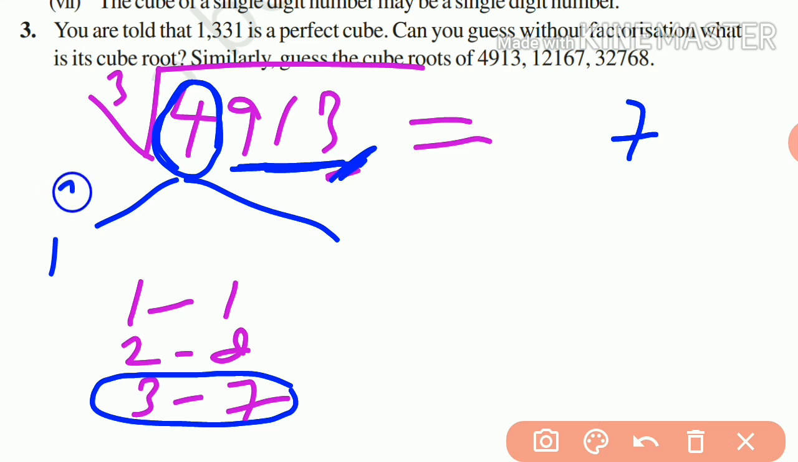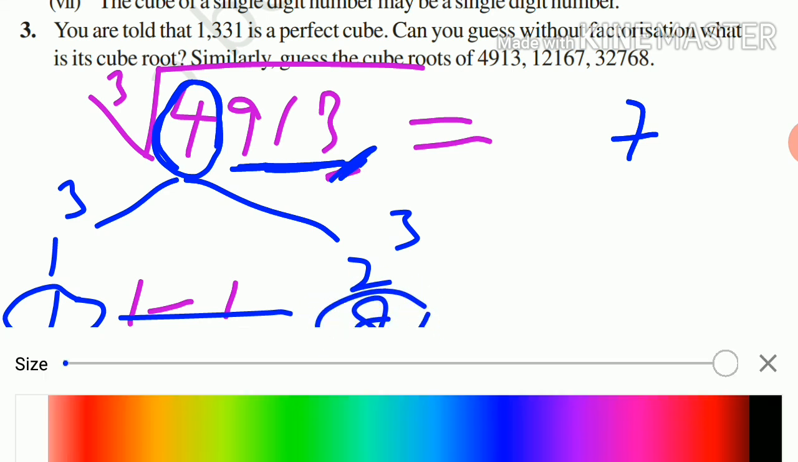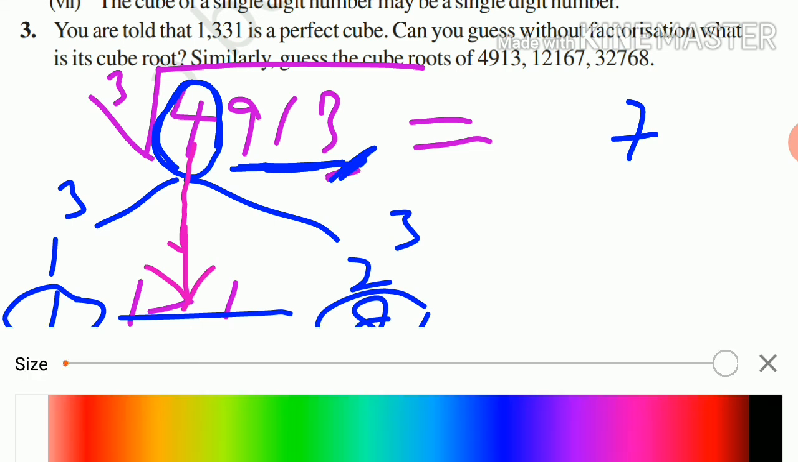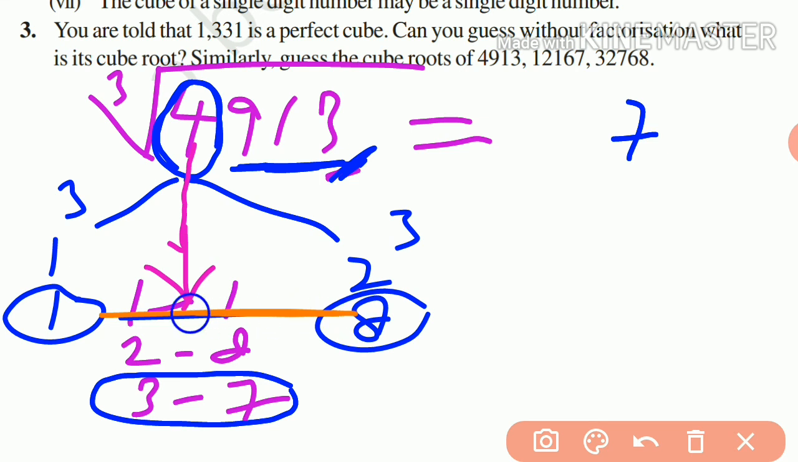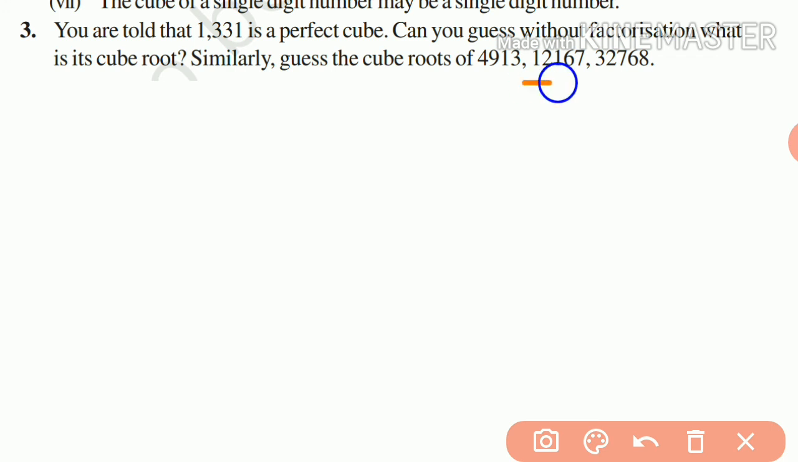and 2 cube equal to 8. That is, 1 cube equals 1 and 2 cube equals 8, and 4 lies between these two numbers, between 1 and 8. So we will take the smaller value, 1, and write it here. So this is the cube root of 4913. The answer will be 17. Similarly, the next number is